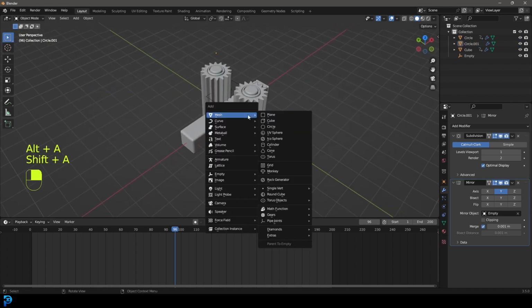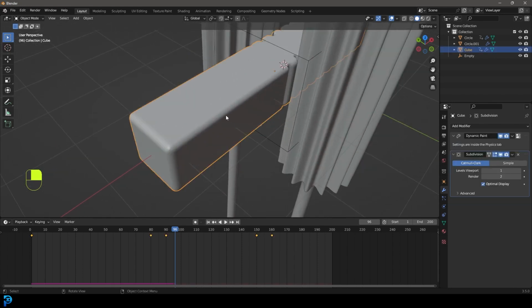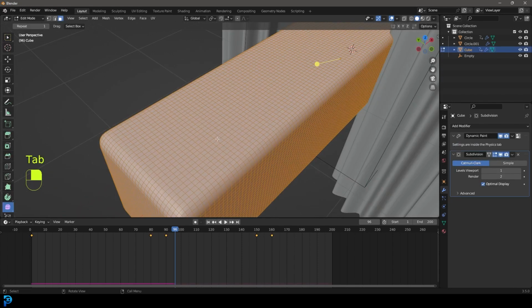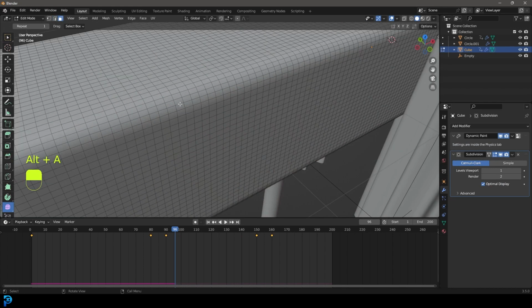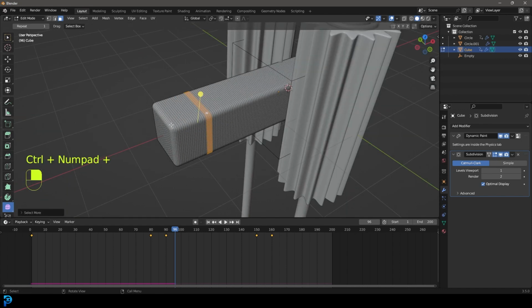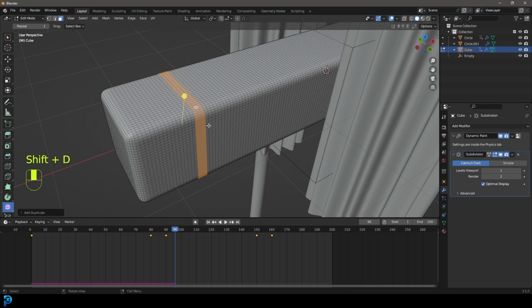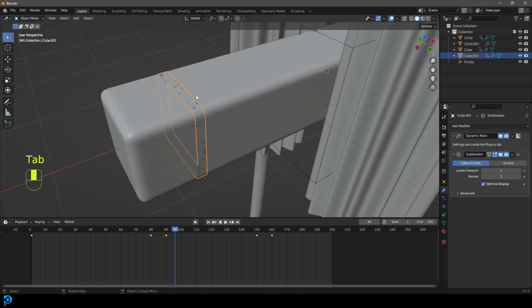So now we're going to go Shift A. Let's add in, in fact, let's do it this way. We're going to grab this thing here, tab in. We're going to go to our edge select or maybe our face select, and we're going to go Shift, Alt, and just left click and loop select a loop and go Control plus to grow it. Then we're going to go Shift D to duplicate, and we're going to go P and separate selection. We're going to tab back out, and with this new selection, we're going to go over to our modifiers